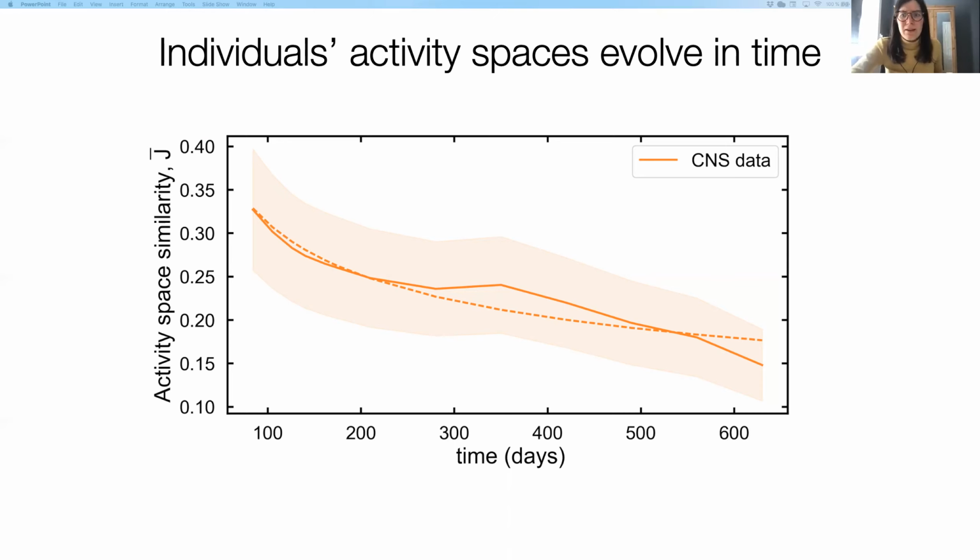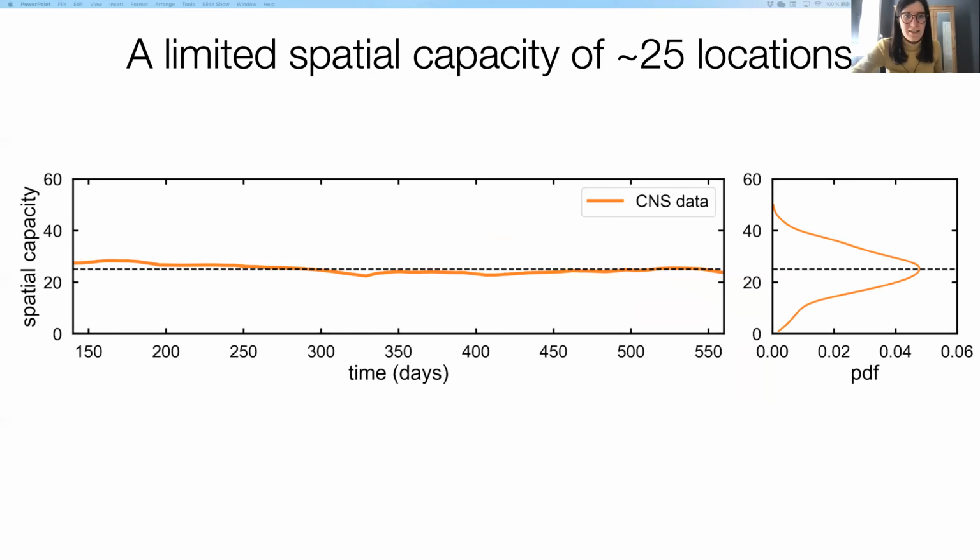And we asked, okay, but is there anything that doesn't change? And in fact, what we were surprised to find is that the number of places in this activity space, no matter how it is defined, doesn't really change. So at the level of the single individual, the number of places we go to doesn't change. We call this spatial capacity. It's basically the number of places that we would regularly go to and would not forget. And we were kind of puzzled by this, and we wondered whether it's just due to the data that we're looking at.